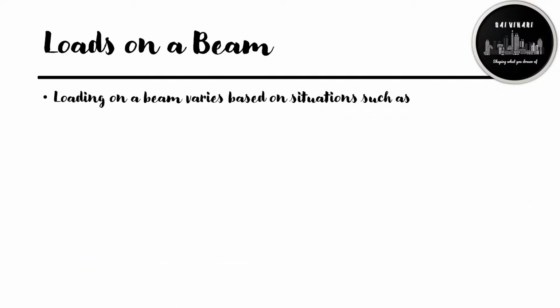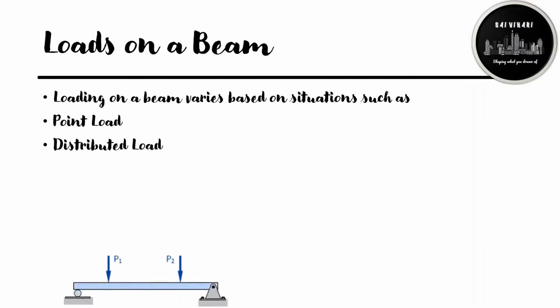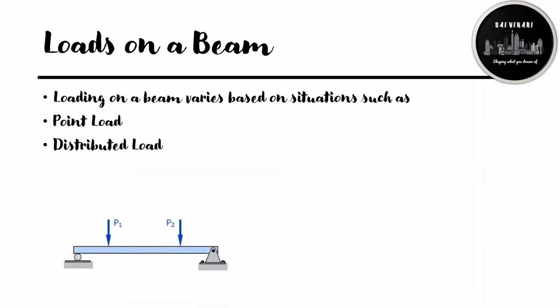Types of loads in a beam. A point load is a load which acts over a very small distance. Because of concentration over a small distance, this load may be considered as acting on a point. Distributed load is that which acts over a considerable length, or you can say over a length which is measurable. Distributed load is measured per unit length.